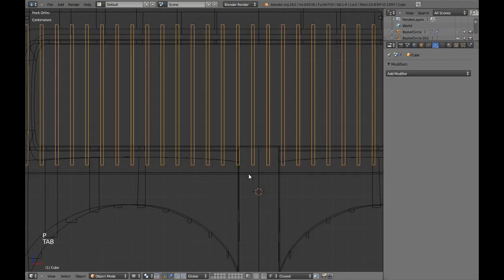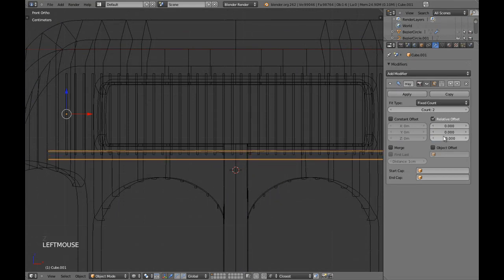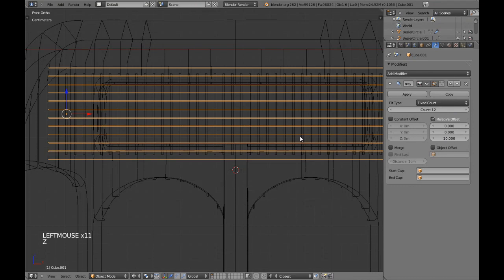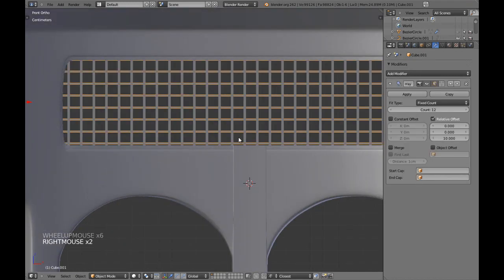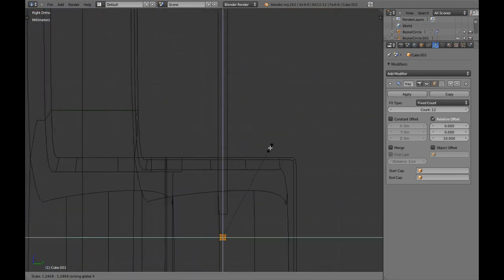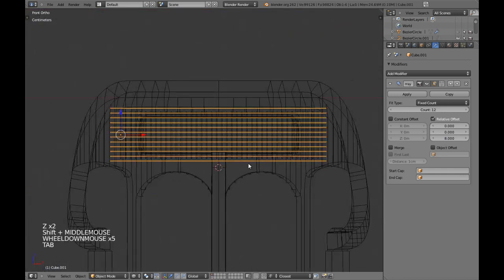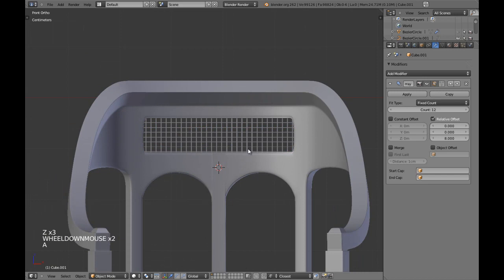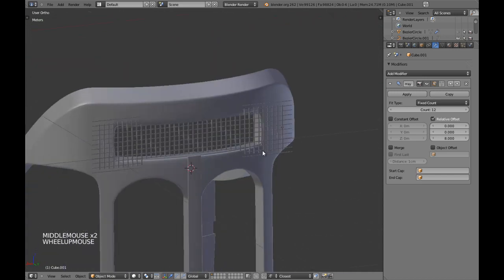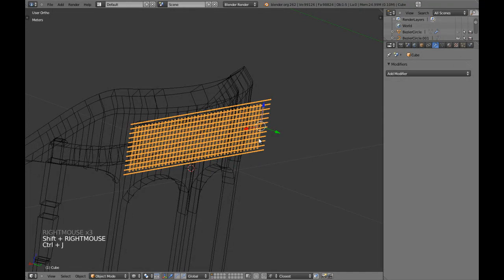I will separate this object with array. Okay, we're going to apply this, join those objects, and